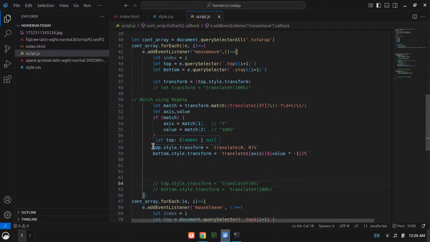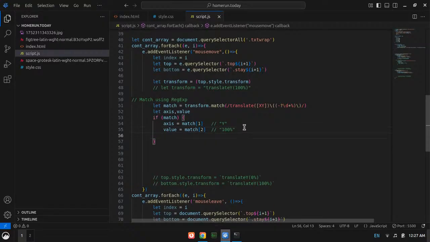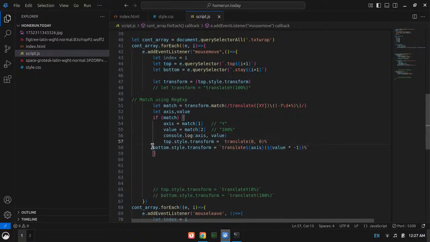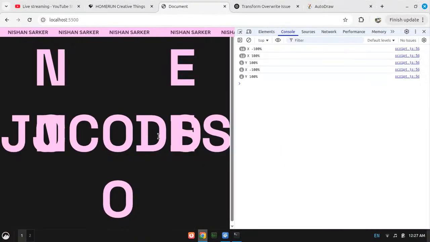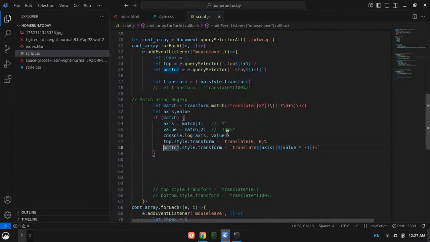Why? I will just move them inside, if that makes them work. Otherwise, just forget. No, it doesn't make them work. Why?